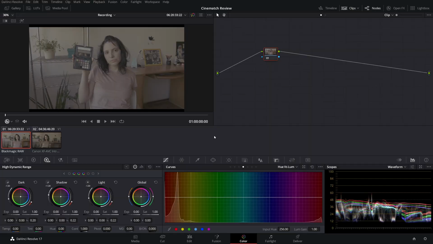With all that said, we can go to the software and see how the Cinematch works, and I will teach you how to use it, and we're gonna see if it's a miracle or not. There's two more things that I have to say before I start. First thing is, the method that I will use here is not my normal workflow. I don't color my things in this workflow. I just will try to make things happen fast. So I will put the nodes in some order or make some changes just to show you whether the plugin works or not.